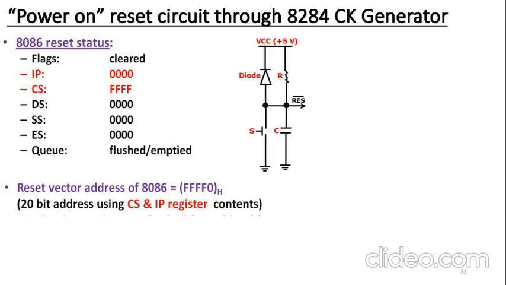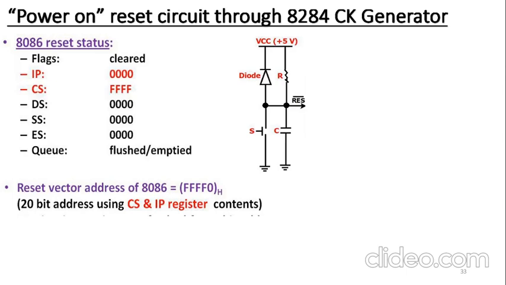Now here, how to implement this reset operation? In order to implement that reset operation, there is a power on reset circuit which is shown on the right side. Nothing but a resistor along with capacitor. A normally reverse bias diode is connected there because its cathode is connected to VCC plus 5 volt top side. And then a push to on switch S, which is shown on the bottom side parallel to the capacitor. And this particular circuit is called as a power on reset circuit.